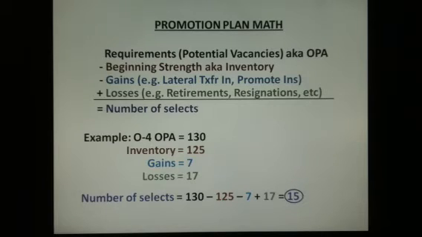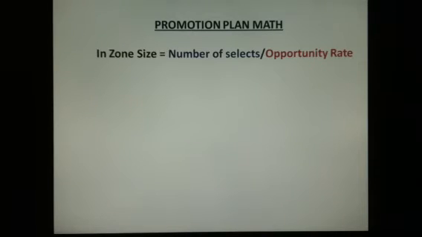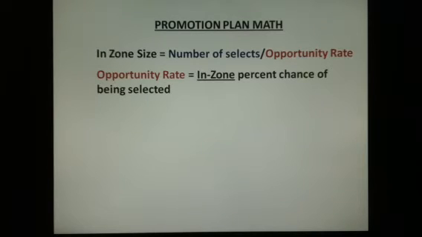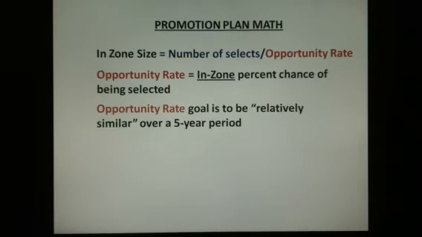Once we know the number of selects, we can go about determining the zone size. The zone size is the number of selects divided by your opportunity rate. Opportunity rate is the in-zone percent chance of being selected. For example, if the opportunity rate is 80%, those in zone have an 80% chance of being selected to the next pay grade. The goal when determining the opportunity rate is to maintain a relatively similar percentage over a 5-year period,